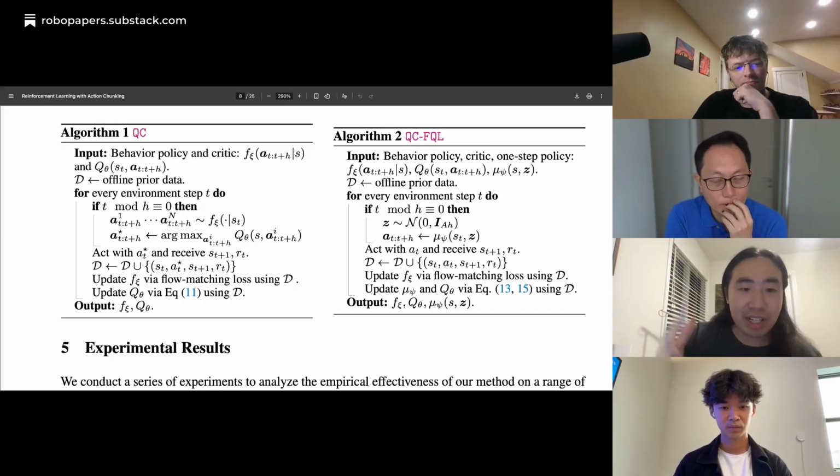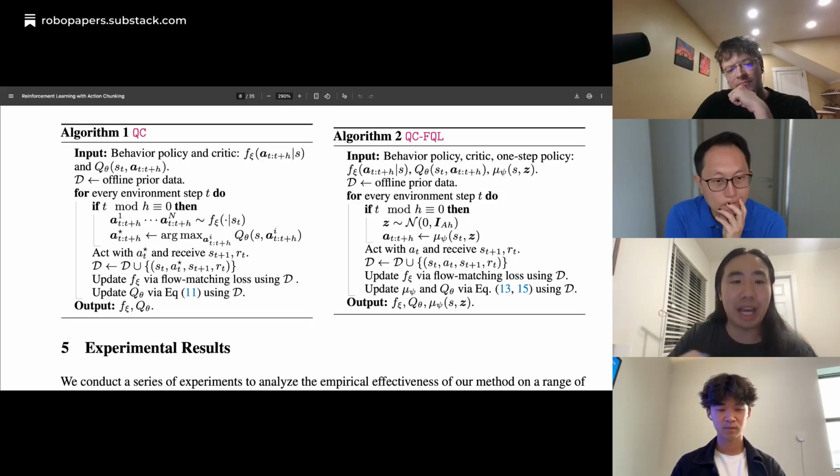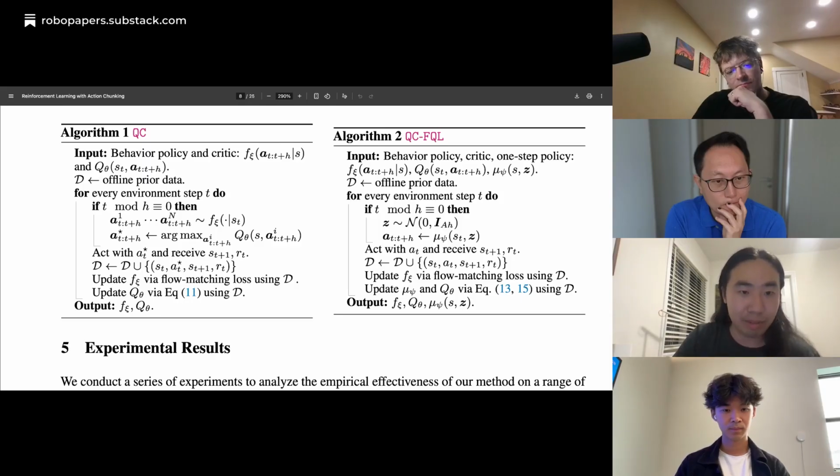We found that this very simple way of doing Q learning is really effective in practice. It helps us simultaneously stay close to the behavior policy, because all the action chunks are directly sampled from the behavior policy, while being able to make use of a very expressive policy class.